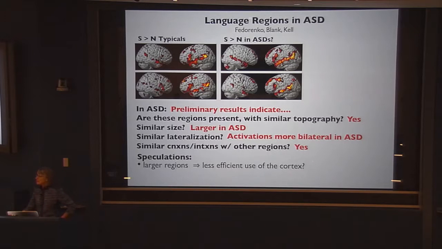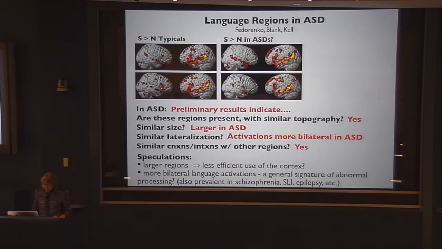I don't know if you guys saw around a year or two ago, there was this high school kid who knows, I forget how many languages, 30, 40, some insane number of languages. The guy's a real prodigy, polyglot. Well, she brought him up to Boston and scanned him and looked at his language activations, and they are tiny. So who knows? Maybe when your system becomes more efficient, it produces a smaller activation.